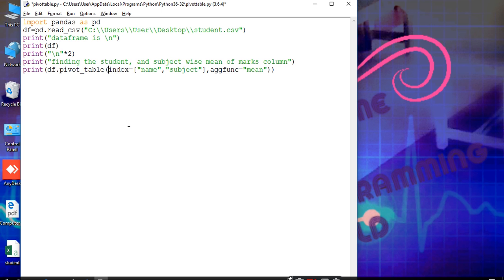So we use index is equal to, and within a list we pass two parameters, name and subjects, and aggregate function is equal to mean in place of sum because we have to find the mean. Note that there is no need to use the column parameter because the question says student wise and subject wise.